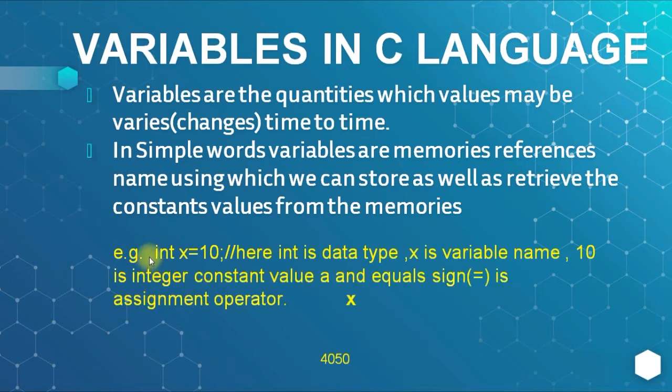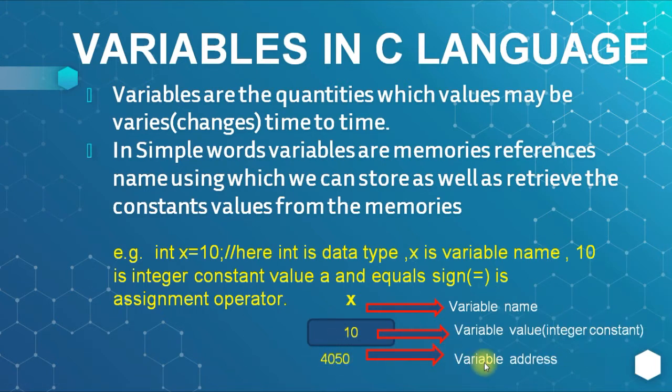Here we have declared int x equal to 10. So what is the meaning of this sentence? Here int is a data type, x is the variable name, 10 is an integer constant value, and the equal sign is an assignment operator. So x is the variable name, 10 is the integer value, or we can say integer constant, or variable value,